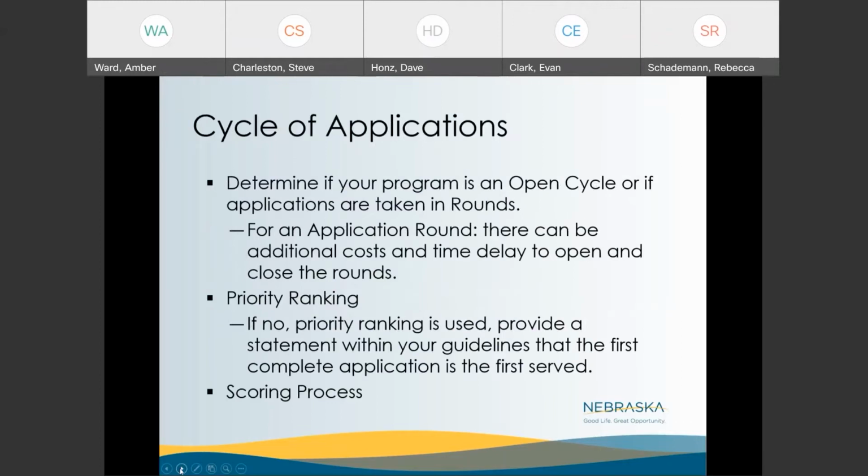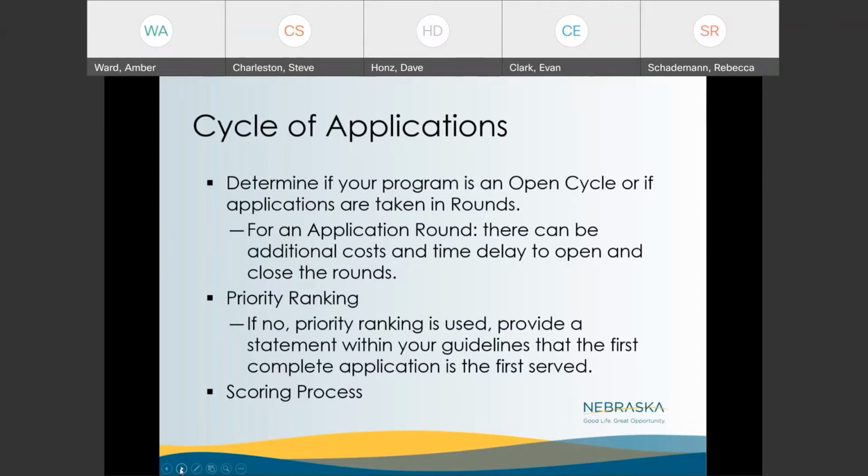Next slide, please. As Evan mentioned, along with the OOR, your commercial rehab guidelines can be operated in various manners that your community determines best fits their situation. You can have an open cycle of rounds of applications. And if you have an application round, there can be additional costs and time delays to open and close rounds. From what I've seen, this is the most common